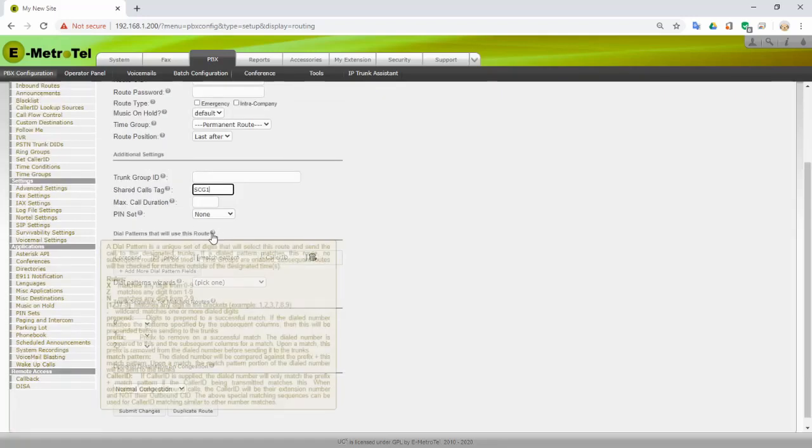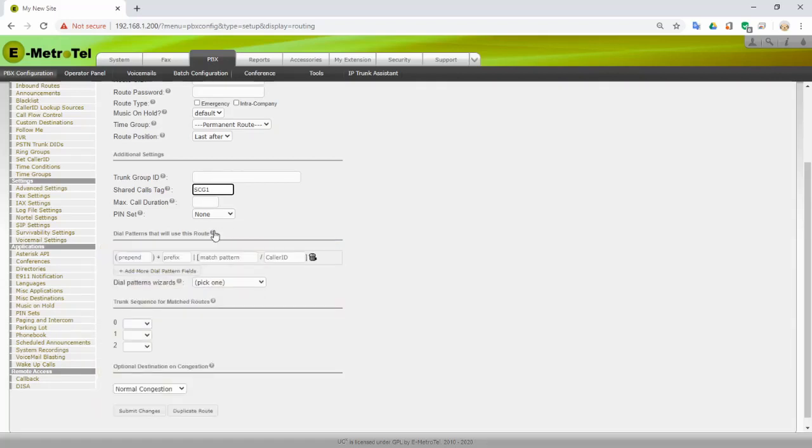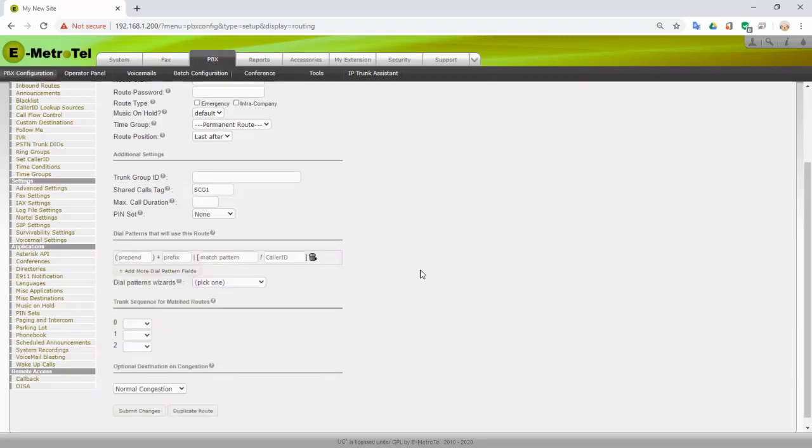Now, the information for how to configure your dial patterns is included in this hover help. When you see any of these question marks, you can hover over and get additional information about that setting. You can also consult the documentation on our documentation website. But I am specifically going to